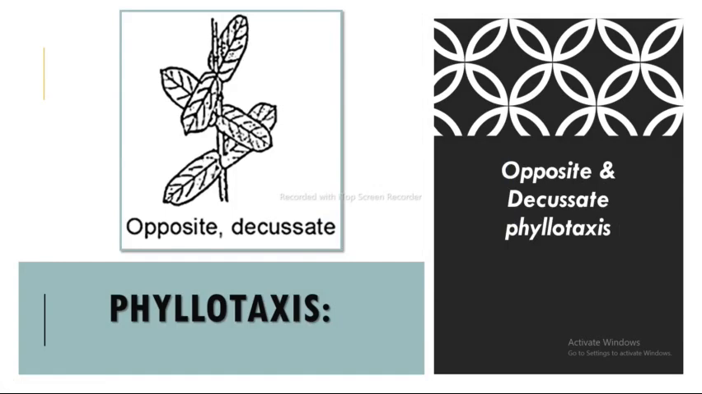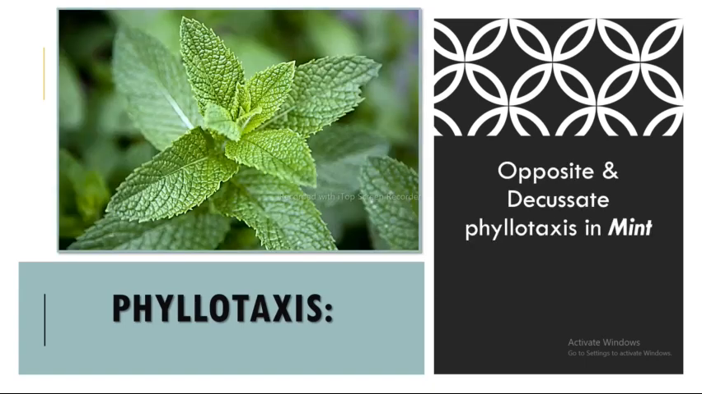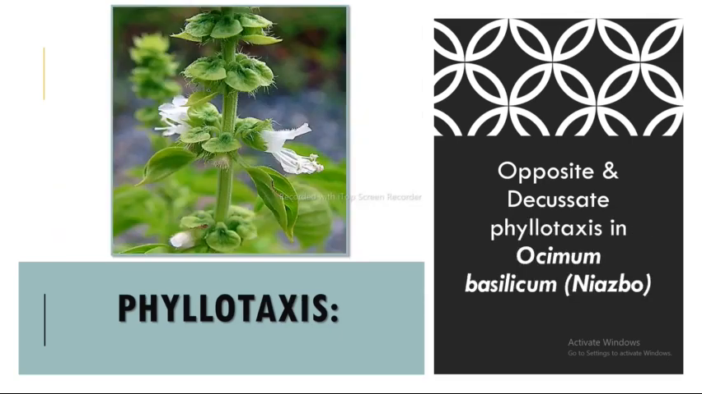So this is again the opposite decussate phyllotaxis, as shown in the figure. This is opposite and decussate phyllotaxis in mint. As shown in the figure, this is opposite and decussate phyllotaxis in Ocimum basilicum, which is also known as